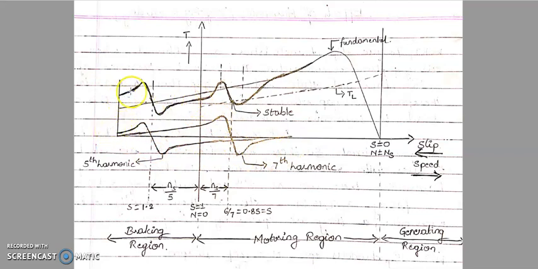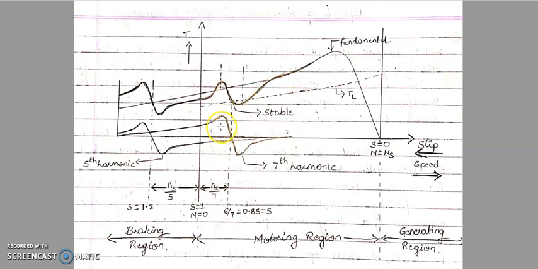So whatever you are going to see right here, the thick line, is your resultant waveform of the slip torque characteristics. Here it is not drawn thick, but it should be thick, so make sure you draw it thick here. So this is the resultant waveform after adding the fifth as well as seventh harmonic to the fundamental wave. Hope you understood this. Fifth and seventh get added, and this is the resultant.